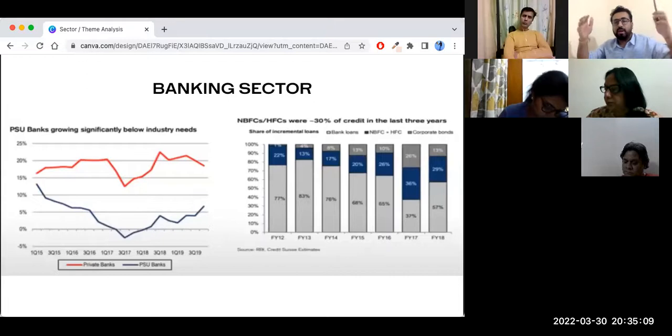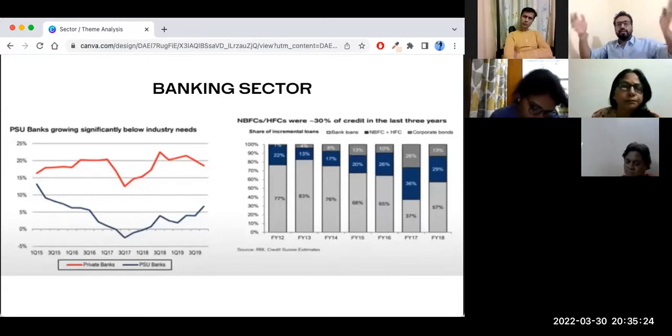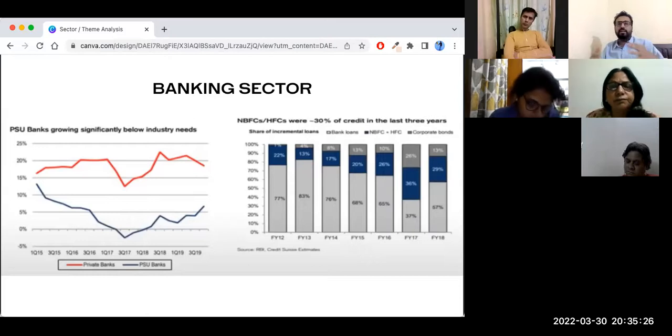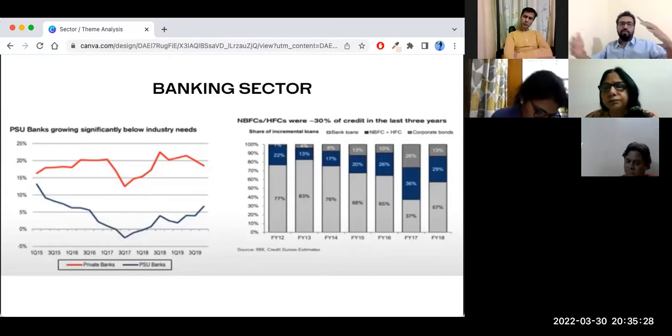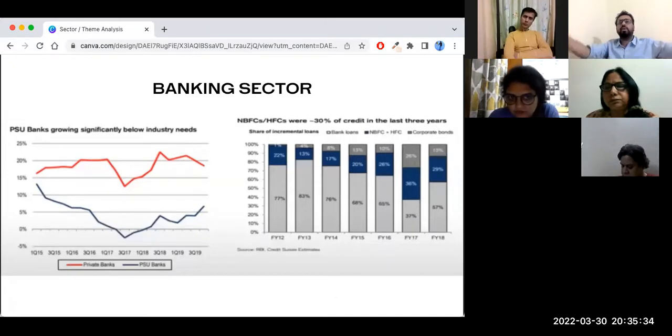Right? So what I did was, I started with the overall banking sector. Then because that was not very interesting, I did a compartmentalization of private and public. Then private was looking interesting. It was growing at 11%. Then I went even deeper. I said private banking is a combination of bigger banks, then NBFCs, then HFCs. Specifically, NBFCs and HFCs have been growing at 20 to 22%.